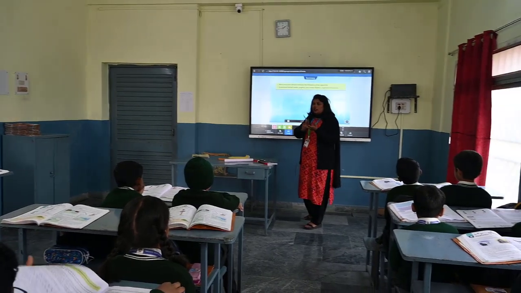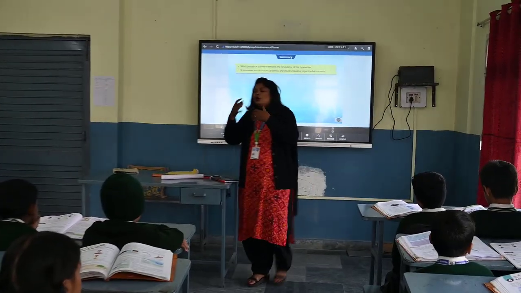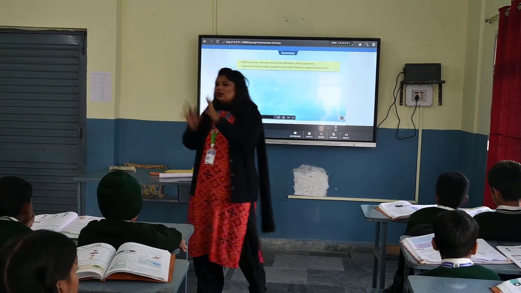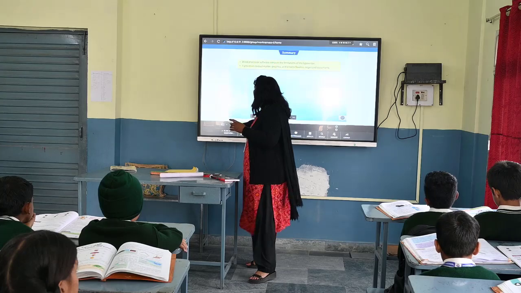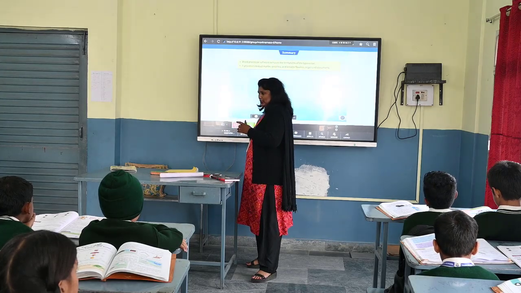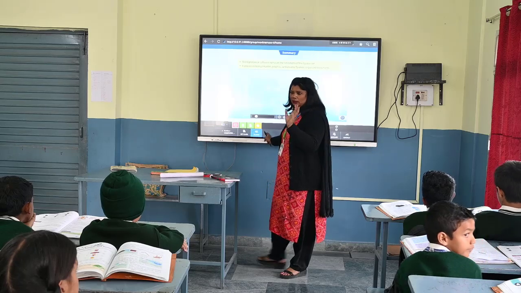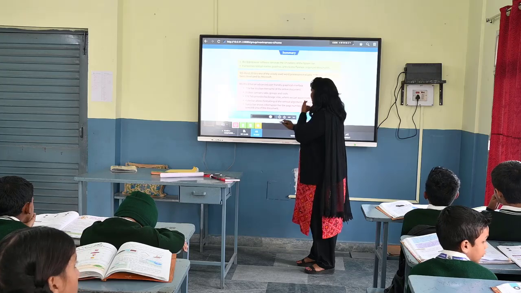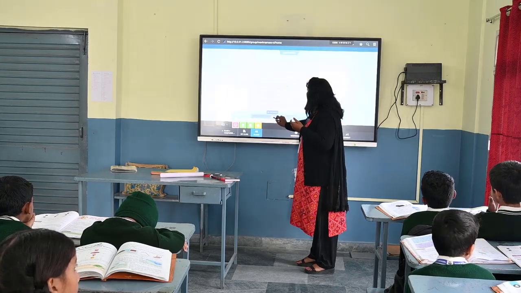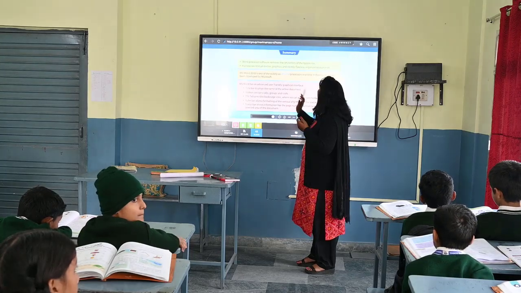First page, second page, third page, and how many pages the document has. Suppose 10 pages and you are working on the second page, then it will show 2 of 10. It means you are on the second page of the document. Alright? Then status bar you have seen, that is all.